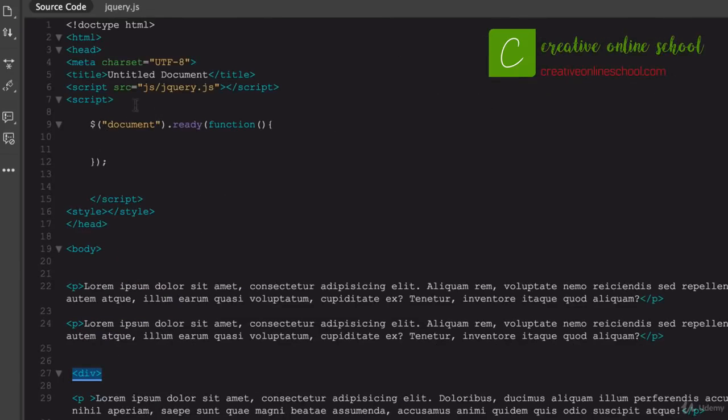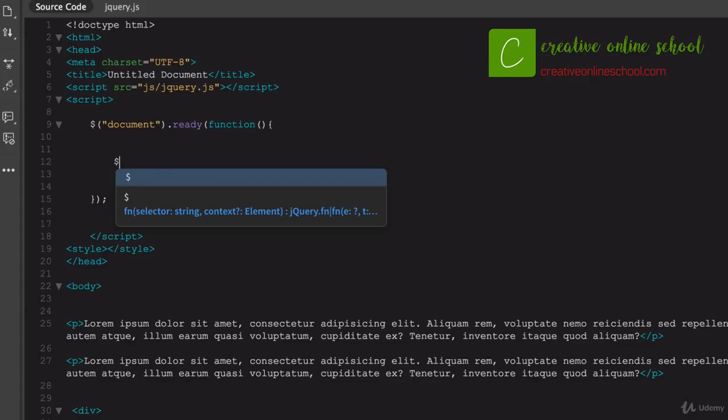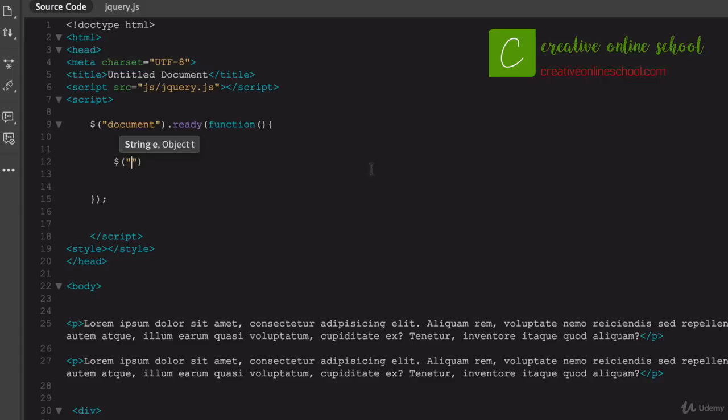So within the top of our JavaScript up here, jQuery, we've got our top that always starts out the same as it always does. And I want to show you first, let's go ahead and do a $, and quote. All right, so what we're going to do is say anything that is within the div tag, and you use the greater than symbol. The div tag is kind of the parent of the paragraph tag. So don't just apply whatever style I'm going to do to just a paragraph tag here. It has to be contained within a parent item of div. So I've got that,